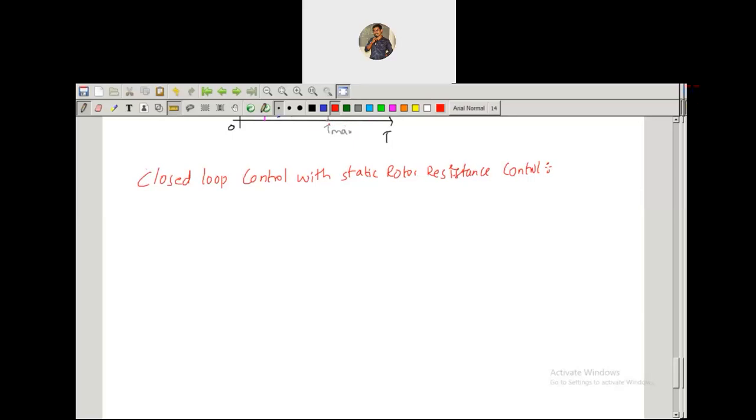If you are using a regulator between the switch and the fan, then you can vary the speed of the fan. You can increase or decrease the speed of the fan according to your environment, right? So you can get the required speed, the desired speed, whatever speed you want. For that case, we are going for closed loop control to get the desired output only, right? I hope you got this example.